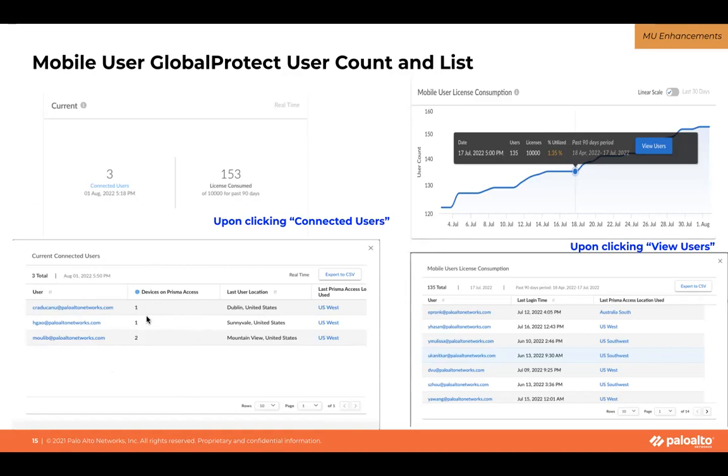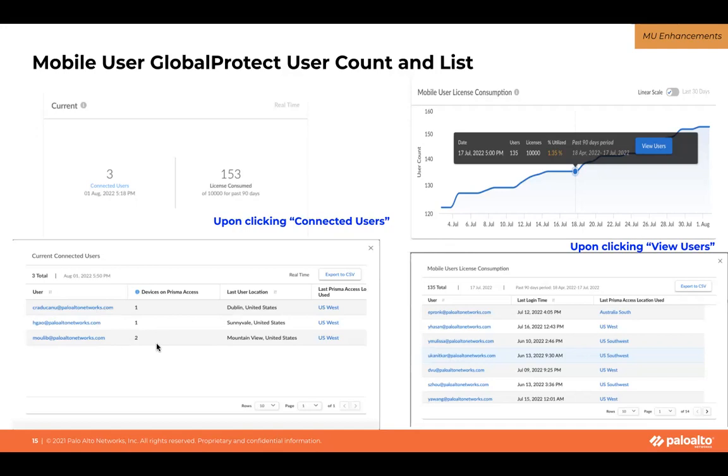So we present that information when you click on the user, and that goes to a user details page, which shows you all the devices that the user has used to connect to Prisma Access, and which then shows you what is the Global Protect agent version that is on the user's device,